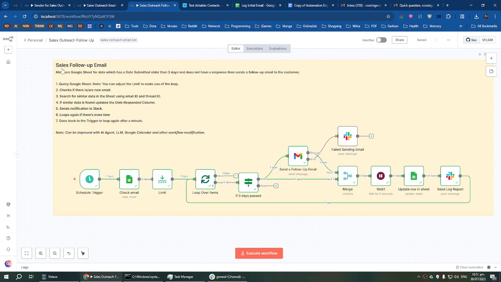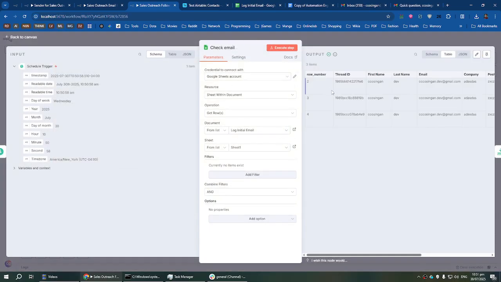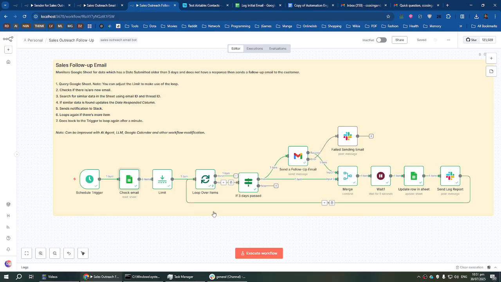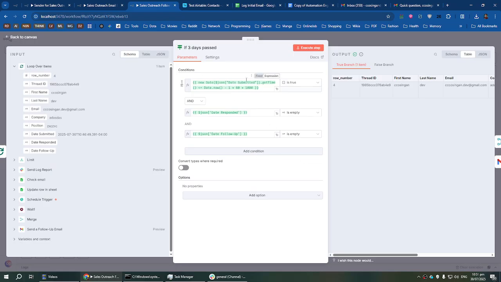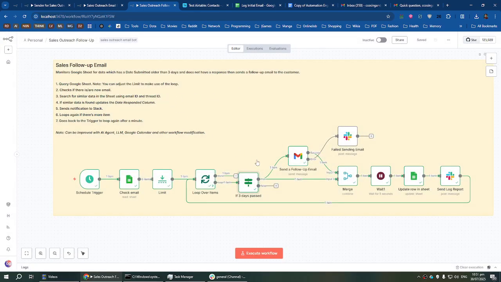And for the explanation of the follow-up, it monitors the Google Sheet for data in here. We have 3 data, but not all of this data have passed the 3-day requirement in the filter here. So it also has a limit, and it can loop.